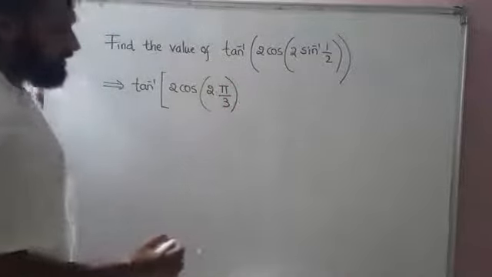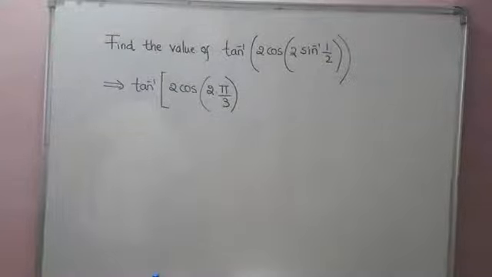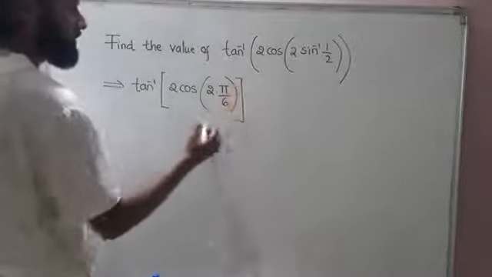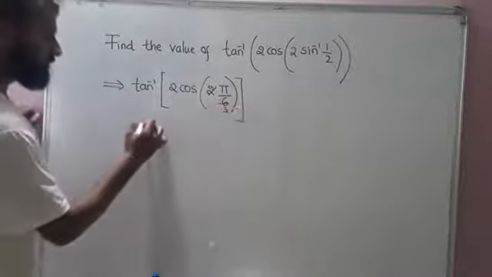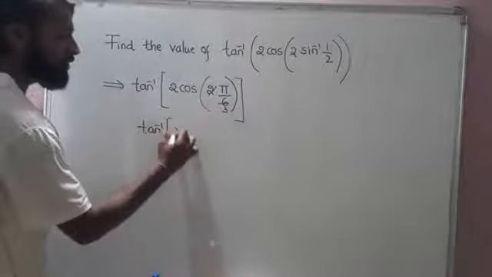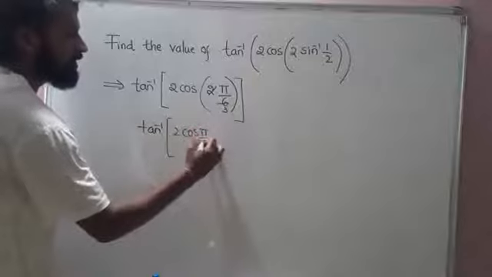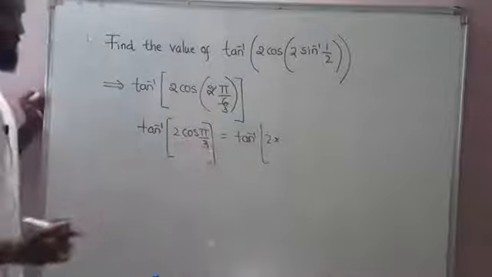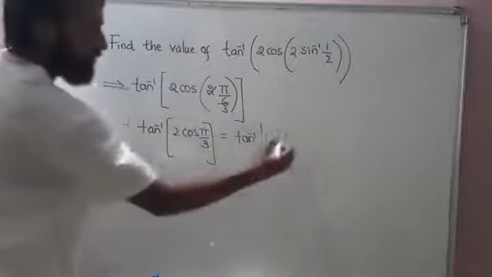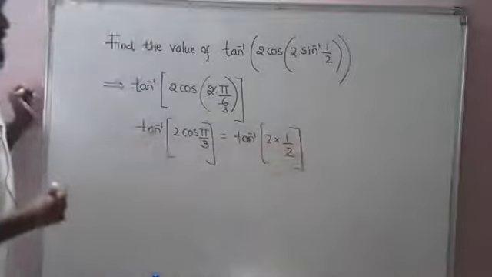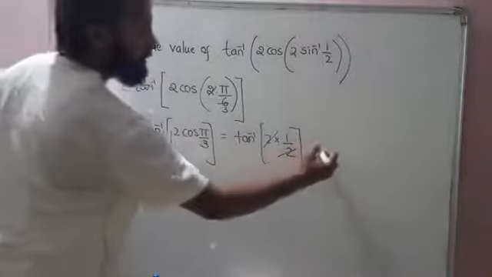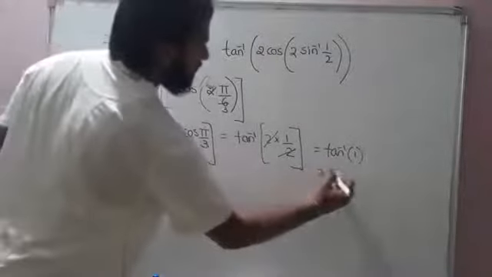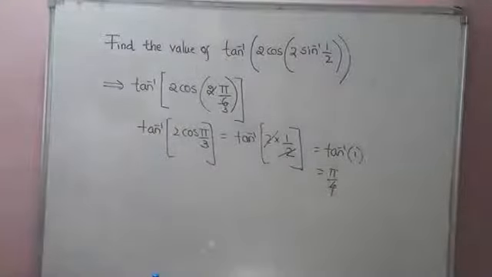Yes or no? This is 30 degree. Yeah, 30 degree means, sorry, pi by 6. So now 2 ones are 2, 3s are. So this is tan inverse of 2 times cos of pi by 3. What is cos pi by 3? Cos 60. Very good, 1 by 2. Now see, the 2s cancel each other. What I'm left with is tan inverse of 1. And what is tan inverse of 1? Very good. So the final answer is pi by 4.